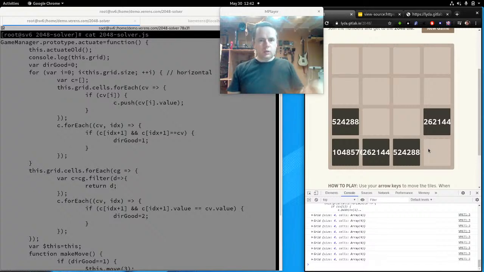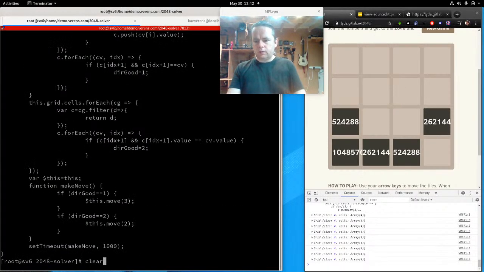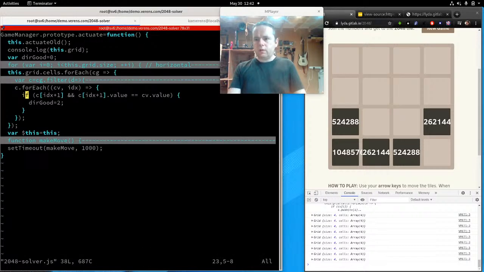horizontal. I'm looking at my code from previous, and I did choose horizontal as the first best move, but there's a better solution after that. I'll do the horizontal first, and then we'll solve that. So we'll say there's always...